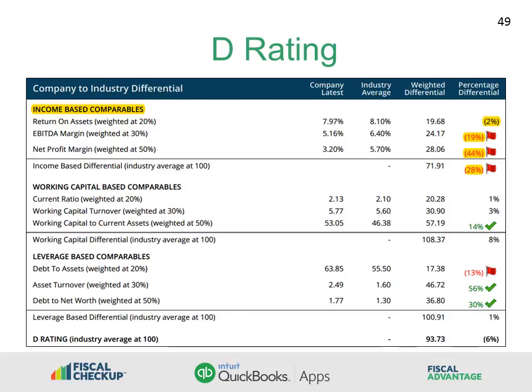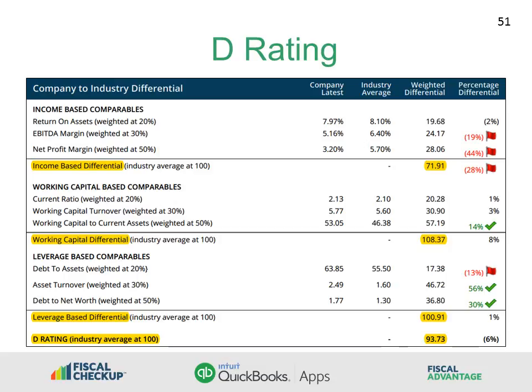If the company outperforms the industry by 10% or more, it's marked with a green check mark. The identical process is followed for the 3 working capital ratios and the 3 leverage-based ratios. Finally, the 3 summary differentials are averaged for a total company score. If the company D rating is above 100, then the company is operating better than their industry on average for